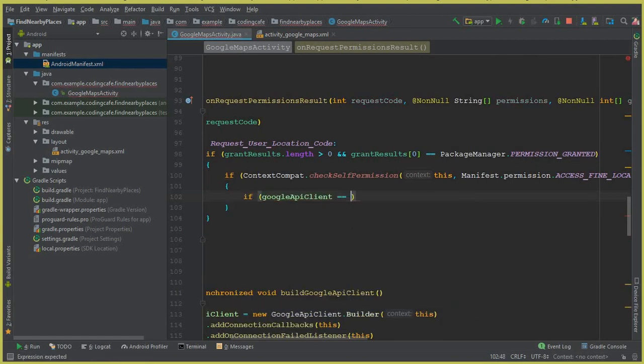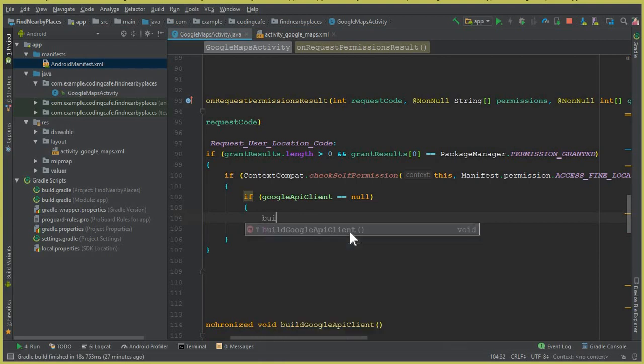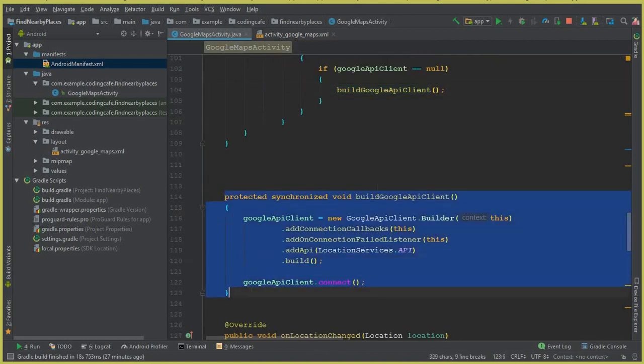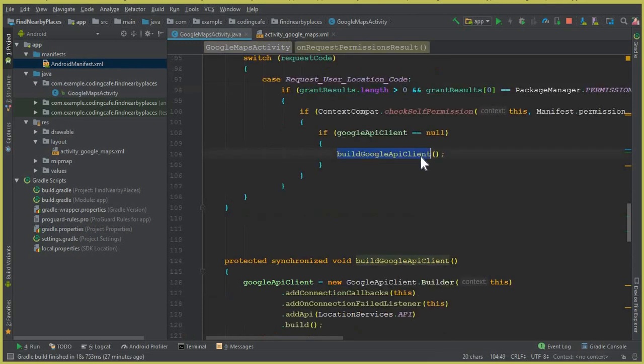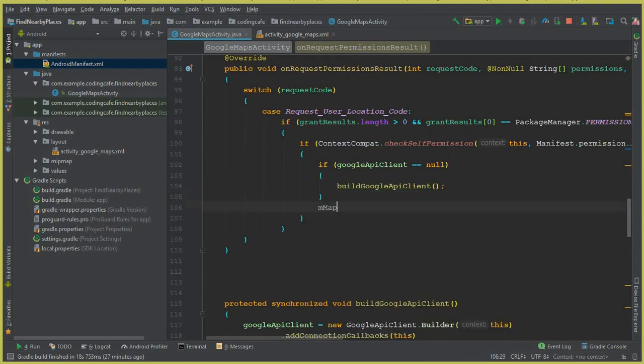If the Google API client is null, then we are going to call the buildGoogleApiClient method, because this method is creating a new client. And then after this if statement, we can say map.setMyLocationEnabled